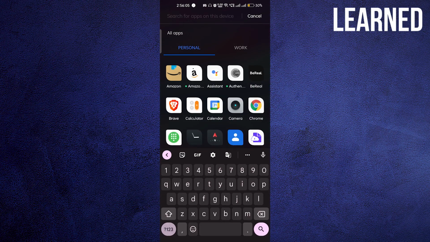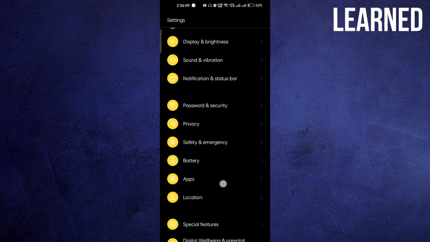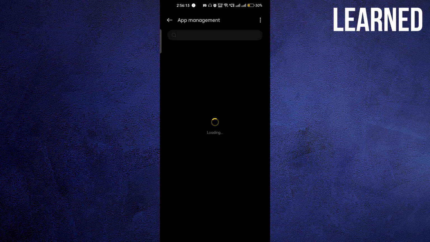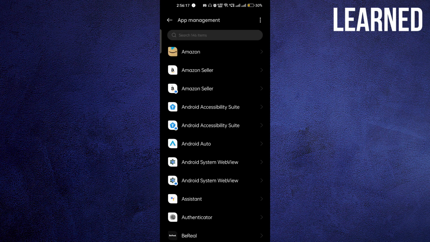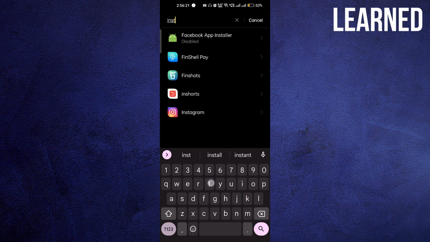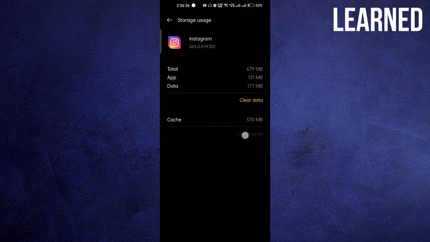Otherwise, you have to do one thing. You have to just go to the setting of your phone, scroll a little bit down, then just click on the apps, go to the app management. And here guys, in your phone it can be somewhere else, but basically you have to find the app management of Instagram. So here I will just search Instagram, right? And here in the storage usage, I will just clear the storage cache, and after clearing it, this will fix